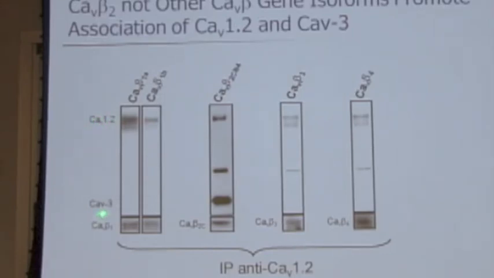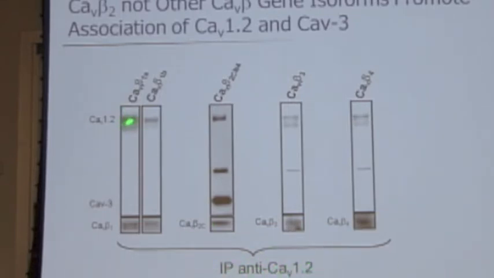We can express different beta subunits as well as CAV3. And basically, if we do that in HEK cells that really don't express any of these proteins to measurable amounts by immunoblots without overexpressing them with transfection, we then immunoprecipitate with the antibody to CAV 1.2